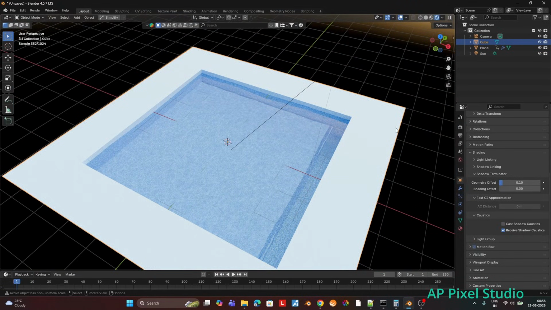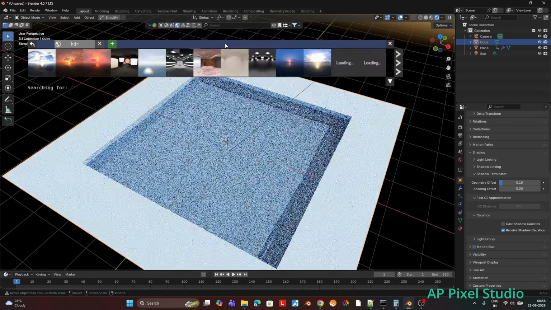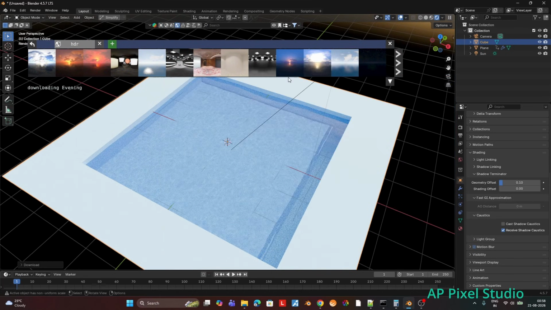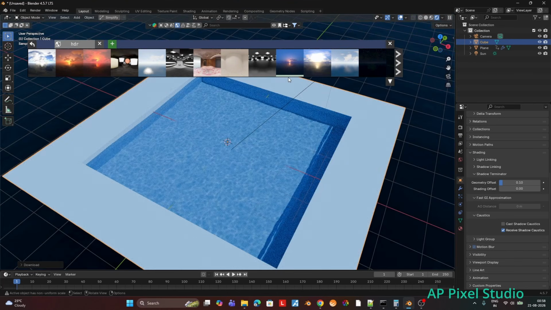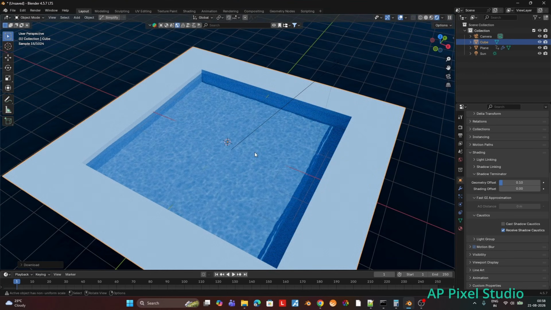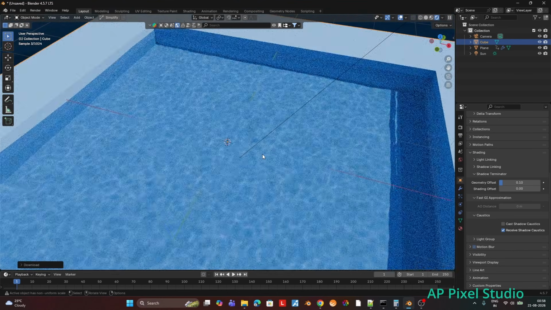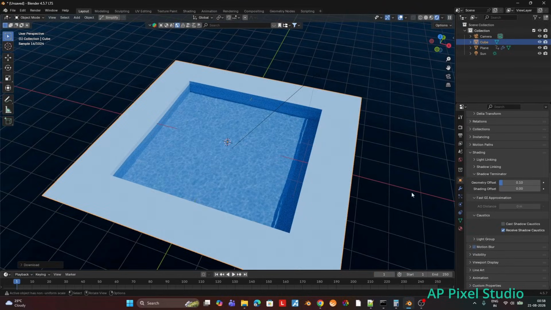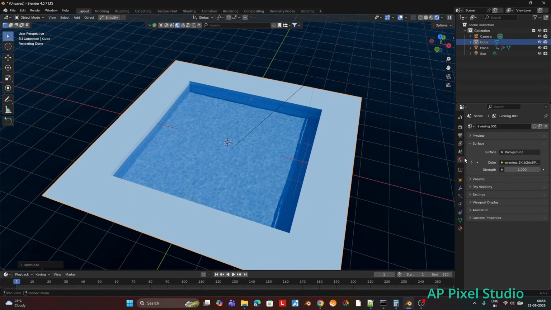The sky texture is not looking good as of now, so we will go to the HDRI and download one for our purpose. As soon as we download the HDRI, we can see a better caustic effect here, and we can change the strength to check how it affects the environment.